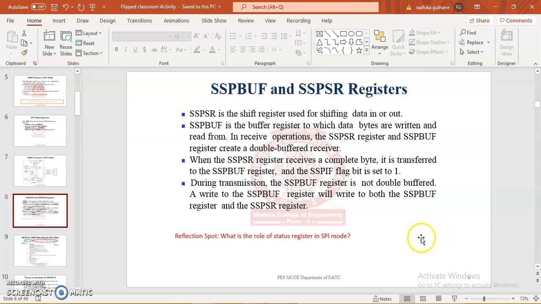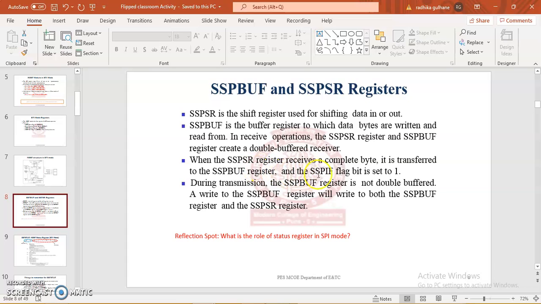Now we'll again discuss these two important registers. SSPSR is the shift register which is used for shifting the data in or out. SSPBUF is a buffer register to which data bytes are written and read from. In the receive operation, the SSPSR register and SSPBUF register create a double buffered receiver.